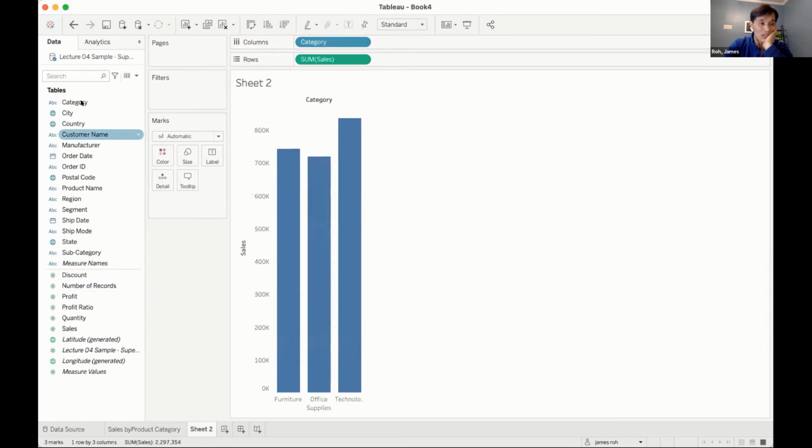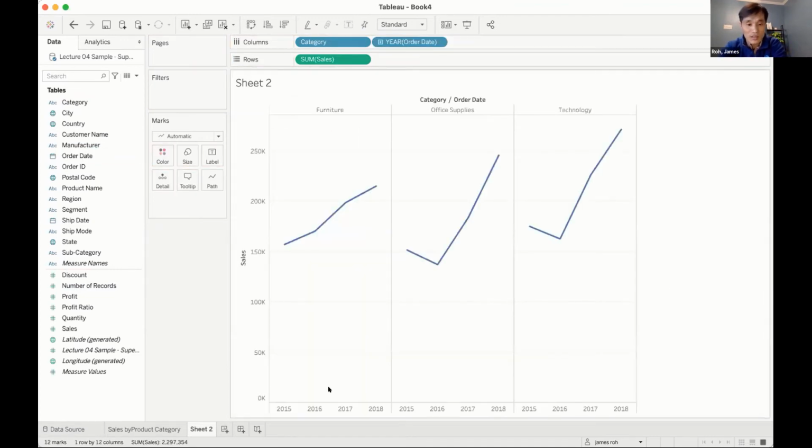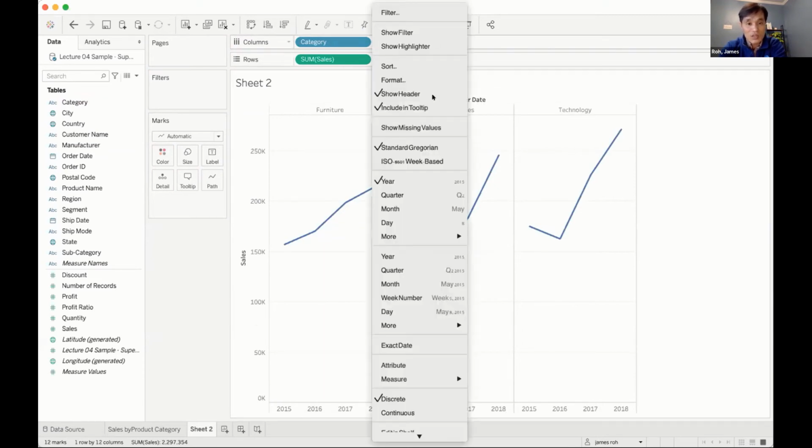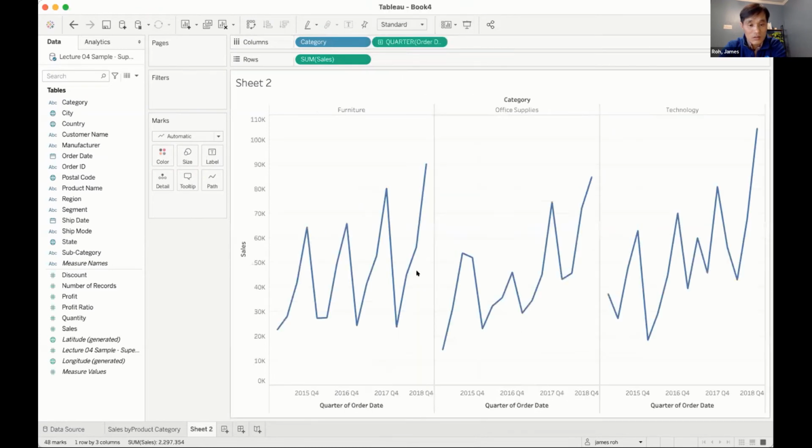And I'm going to add now order date over columns. And that gave me yearly data, right? And I'm going to now choose, instead of yearly data, I want to go with quarterly data. Okay, so it gave me quarter 1, 2, 3, 4, 1, 2, 3, 4, and it's by category. And I'm gonna